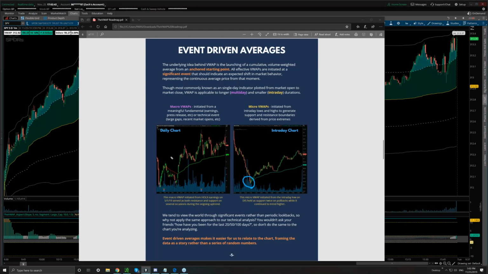You can actually see here on the daily chart, what we've done is we've anchored it to an earnings date. And look at the support given multiple times that we come down to that level. Trailing an average price from a key event gives you a definition of trend level, an area that probably shouldn't be challenged if the market is to continue in the direction it's been headed.